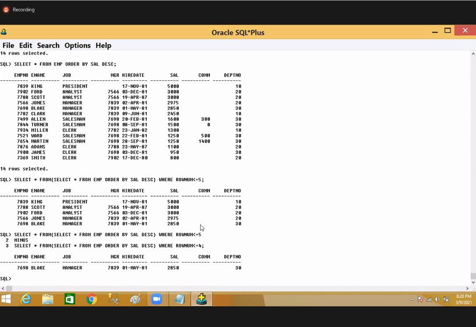Okay, now right. So this is okay. So this is how the inline view helps us. Okay. Now next one is